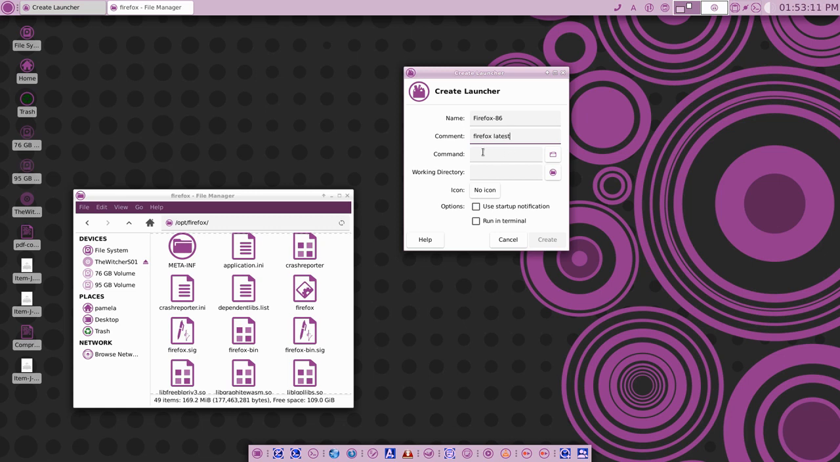Okay, now the command is going to be opt and then Firefox and then Firefox. Okay, so that's in the opt folder and in the Firefox folder and then the Firefox executable. Okay, now if you'd like to give it an icon, well, we can click the icon button here